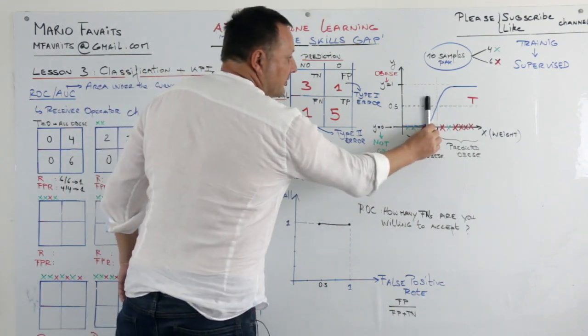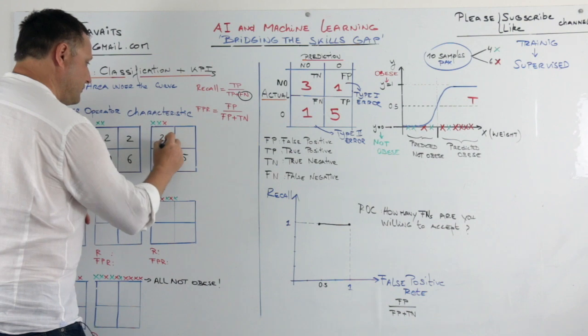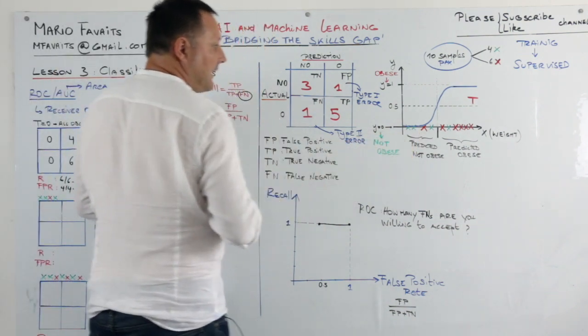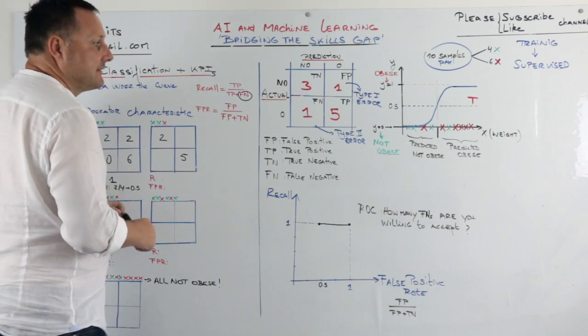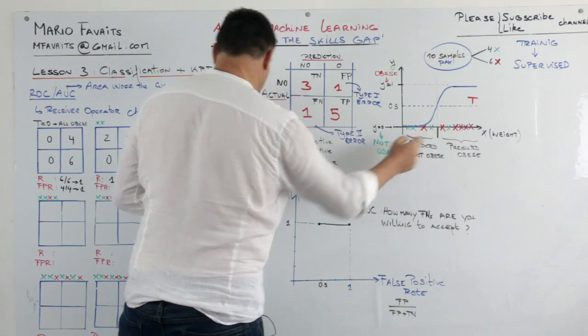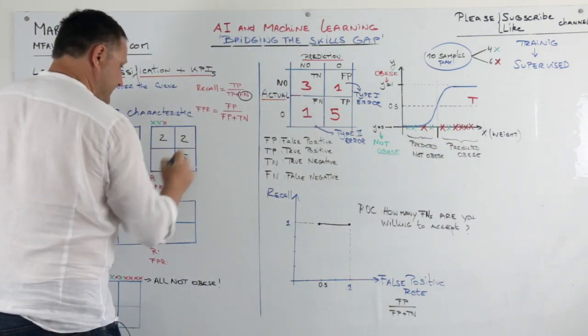So who are the not obese on this side? The true negatives are still 2, these 2 fellows here. Now how many did we predict obese and they're actually not obese? Still these 2 green ones. So predict obese and actually not obese